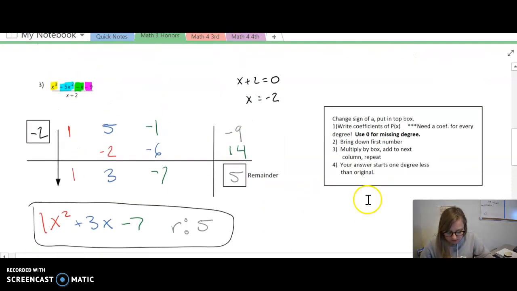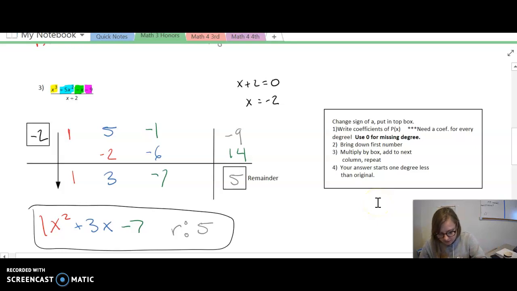So let's look at the next one. If I put -2 into my original, I will get